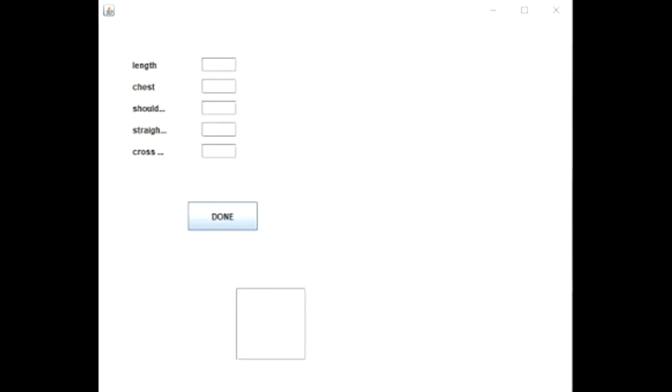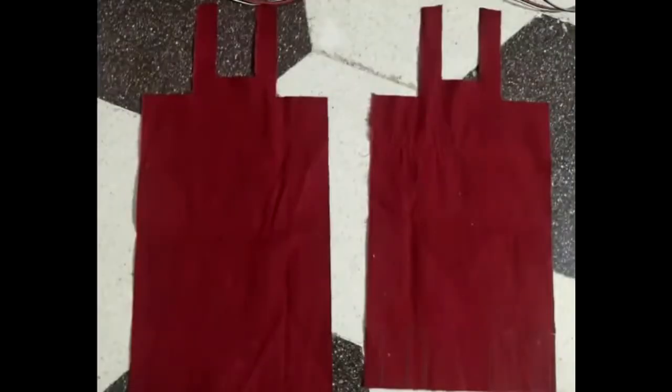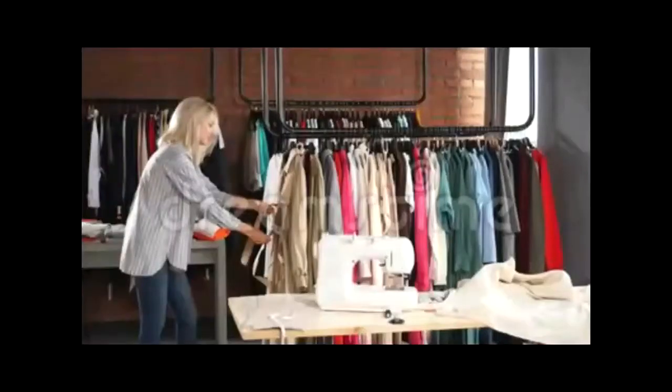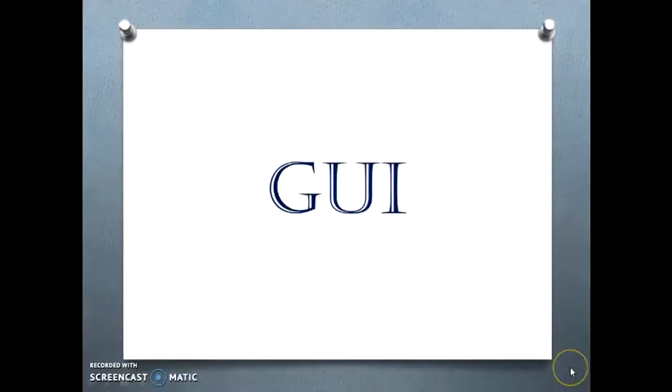The user will simply have to provide input and a pattern to the software, and then the machine will cut the precise pattern on the fabric using a laser. Now, using this machine of ours, the user, that is the tailor, can take more orders and complete their orders within the deadline. So now my friends will help us explain the project in detail.